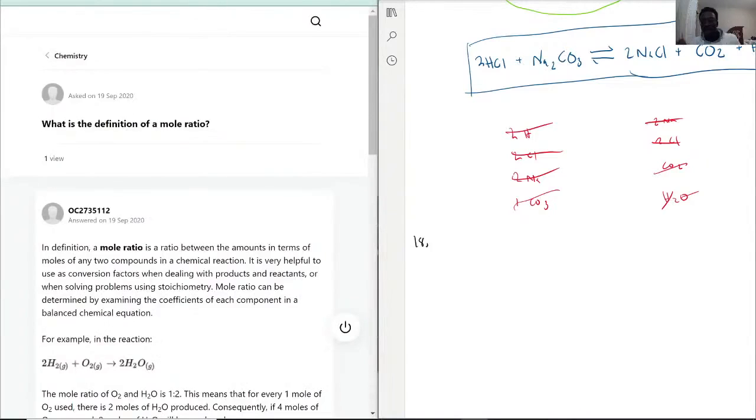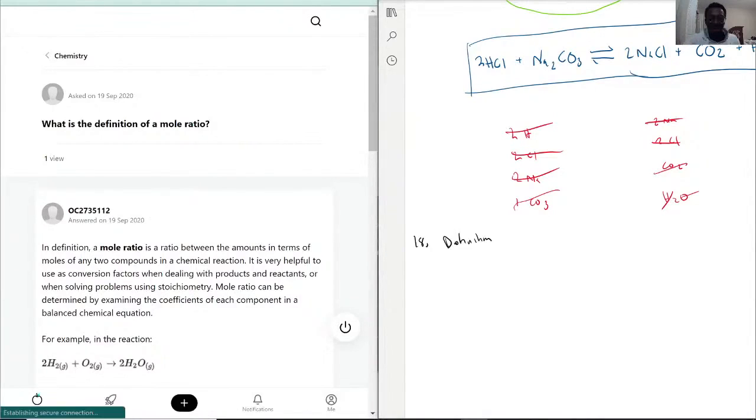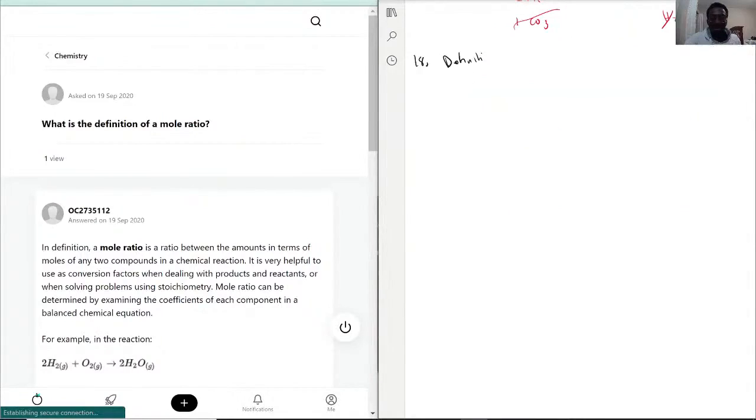This one's asking, what is the definition of mole ratio? So that being said, as we look at what it says in the answer, mole ratio is a ratio between the amount of moles in any chemical reaction. So if I were to just start with that, for example, I had,